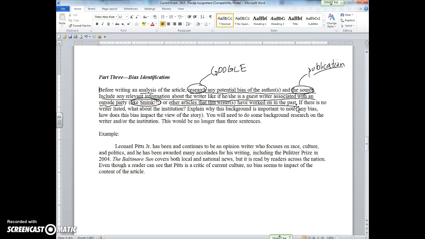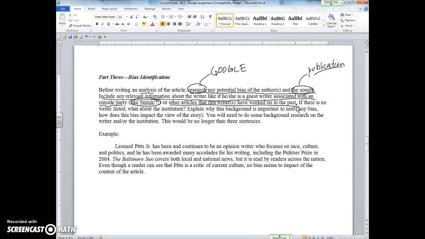And so keeping in mind that bias simply identifies what I should be aware of about the author in this particular piece. And sometimes you're going to find that, no, there's nothing, not a big deal. And other times you're going to say, yes, this has a serious impact. And you'll oftentimes see this bias come through.